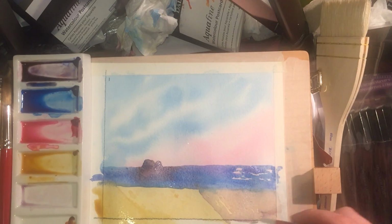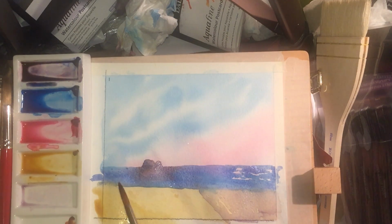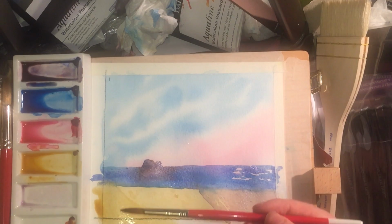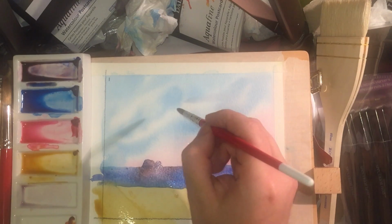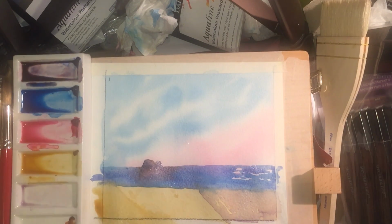We will put some detail onto the wet area of the beach. We will clean the line here and make it very obvious where the beach ends and the sea begins, and that the sea is behind. And then we'll tidy up the edges of this rock, which is granulating beautifully now. And then we might add some birds into the sky if we so wish later. So this is going to have to dry